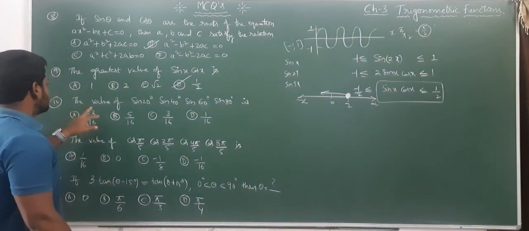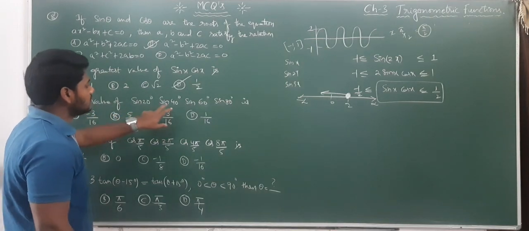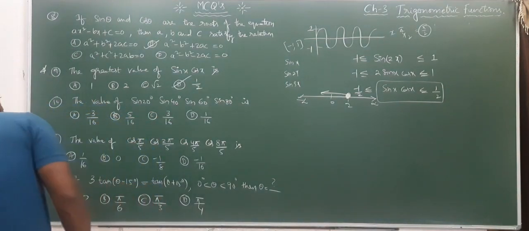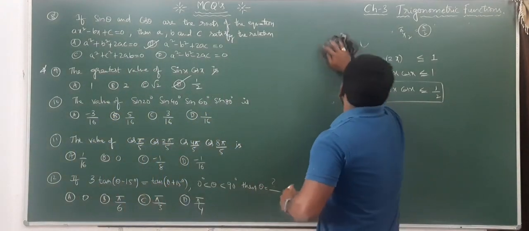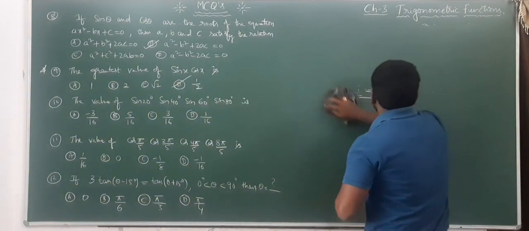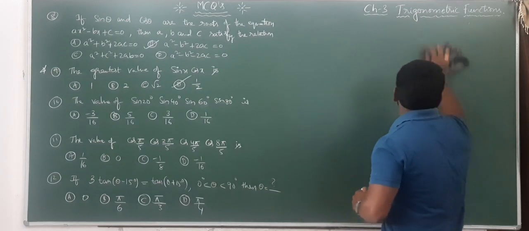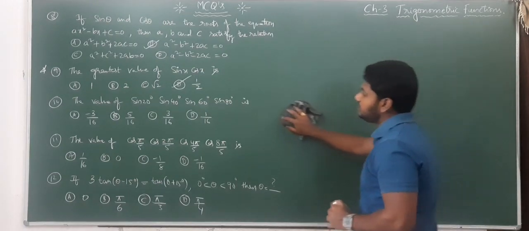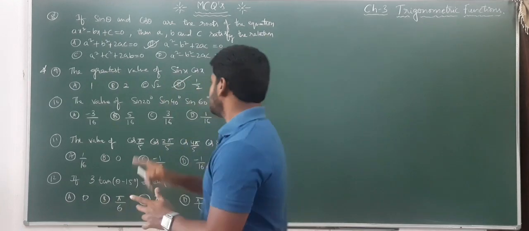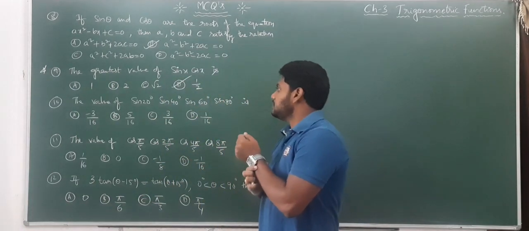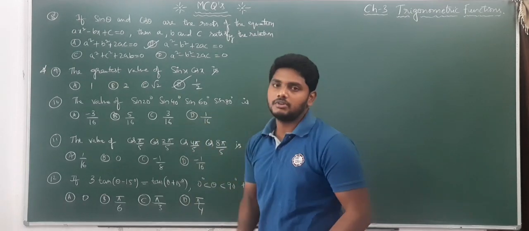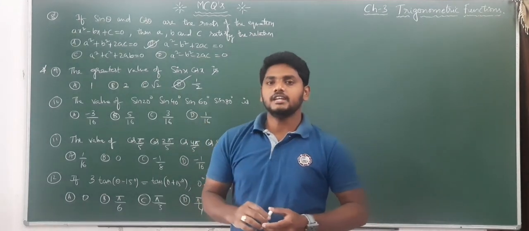Now next question. The value of sin 20 degrees, sin 40 degrees, sin 60 and sin 80 degrees is. You observe, is it there in any form? Can we convert it into any one of those formulas? See, up to now we cannot convert it into any one of those formulas by using sin A, sin B, sin C, sin D like that. We don't have any formulas. But sin A into sin B we have. When will we get sin A into sin B?